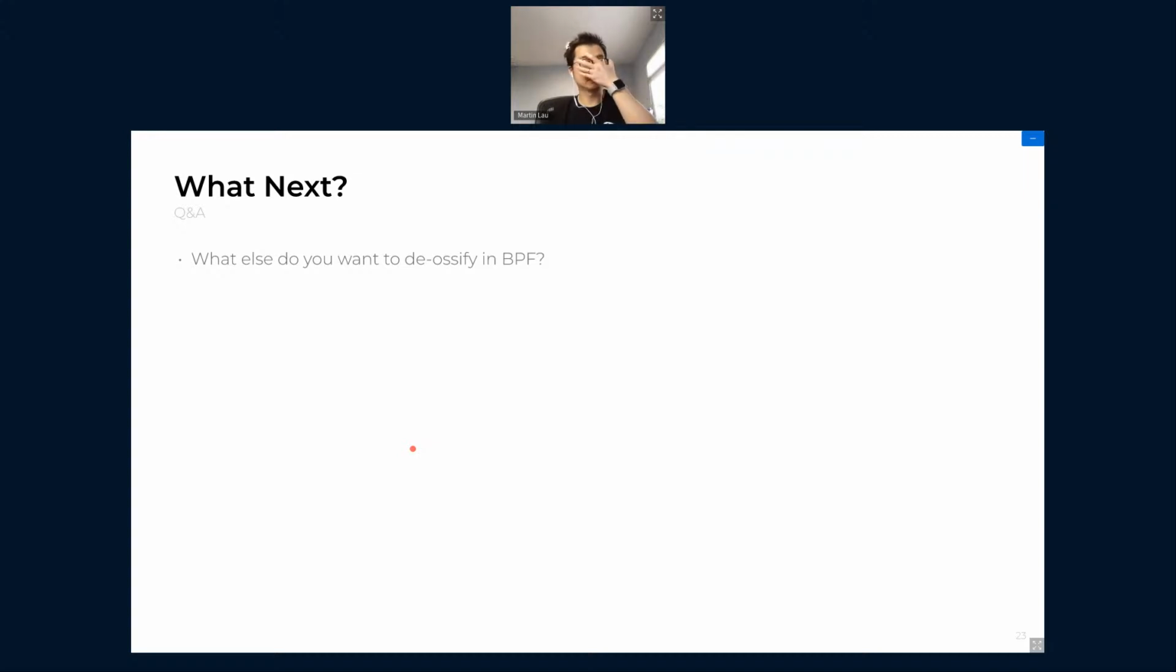Lorenz Bauer says, can we use SK storage for internal implementation as well, i.e. store socket map state? What do you mean by internal implementation? Maybe he's asking if it can be accessed from the kernel side as well for making state decisions internal to the kernel. Oh,